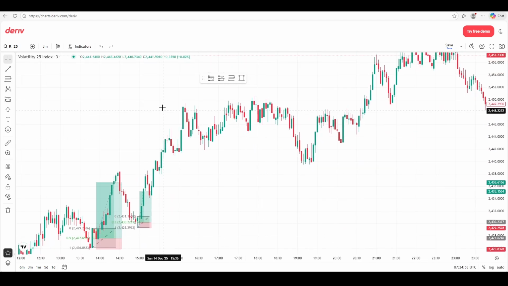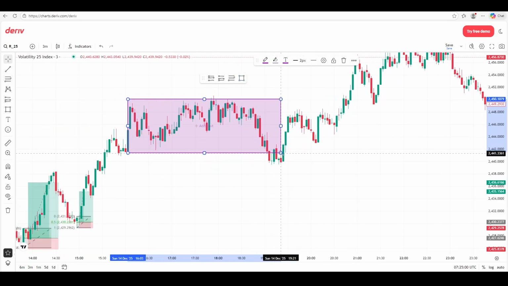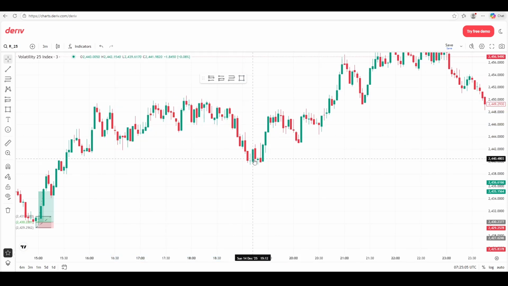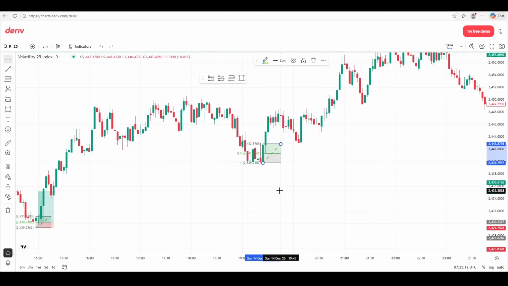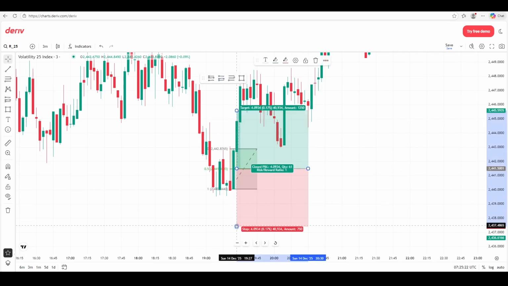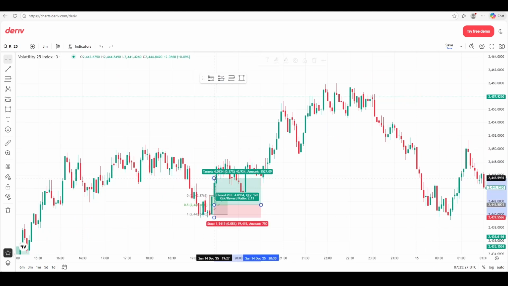We get another one. You can see price is ranging in this zone, closes below here, right? And then gives us a bullish engulfing candle at this point. So this was a solid setup right here. We would have gotten a buy there, stop loss below this relative equal low, and you get your risk to reward ratio of 5.